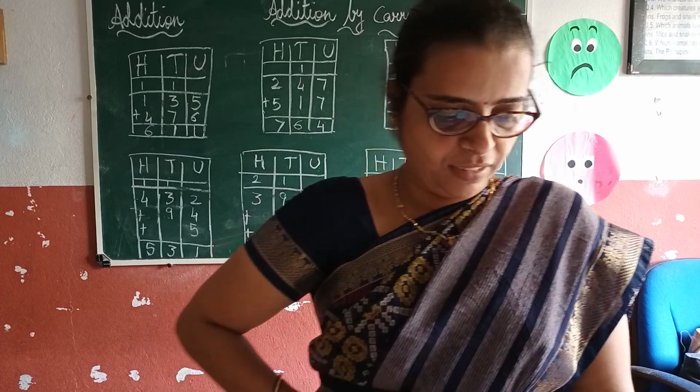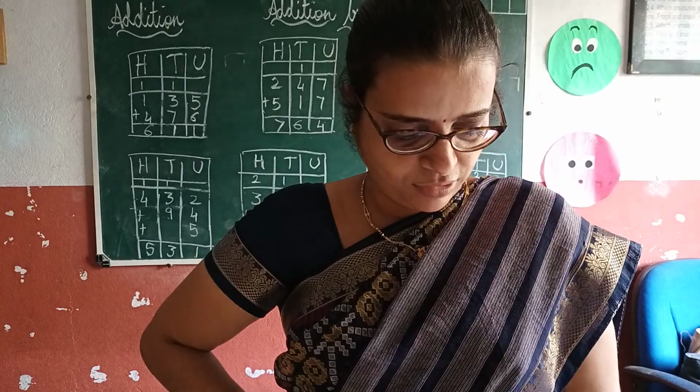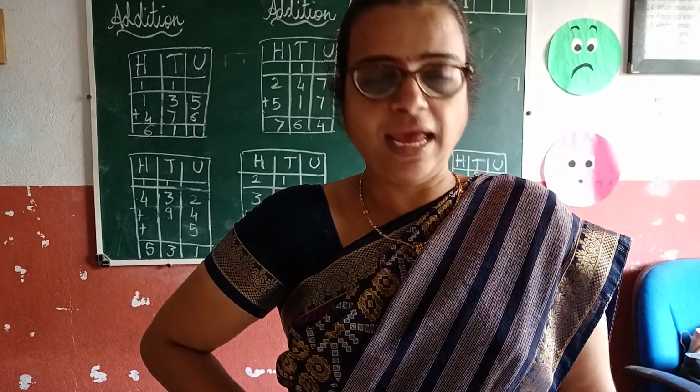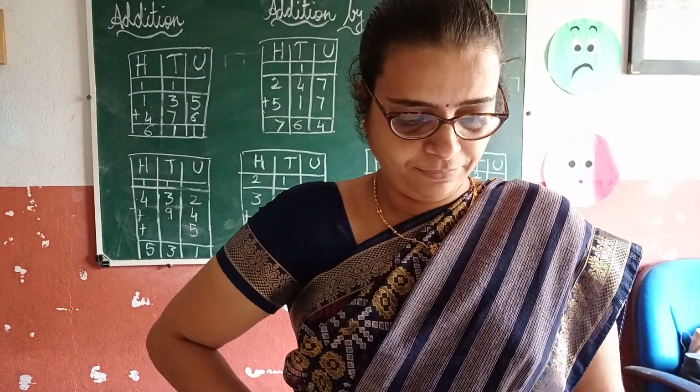So fill in the boxes. Look here properly. 321 they are given. After that which number is coming? You have to write here. 321, 322, 323. In this way you have to solve. You have to write in this box. Again look at the figure and name. So students, look here, it is given a figure and name. Just look at the figure, you have to write the figure's name. Rectangle, then name.